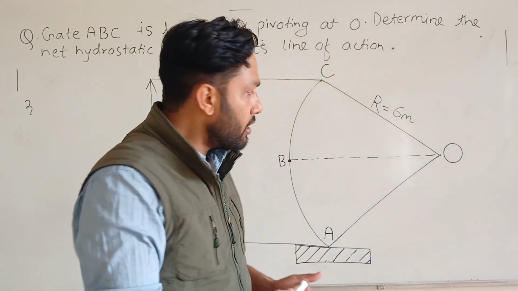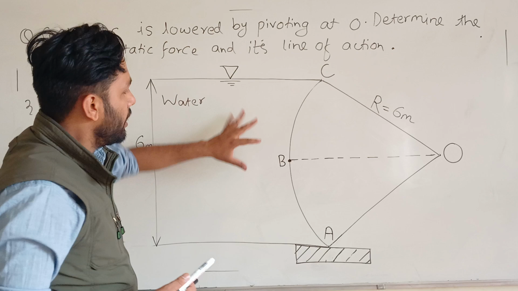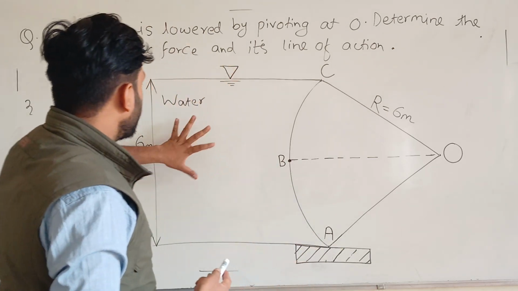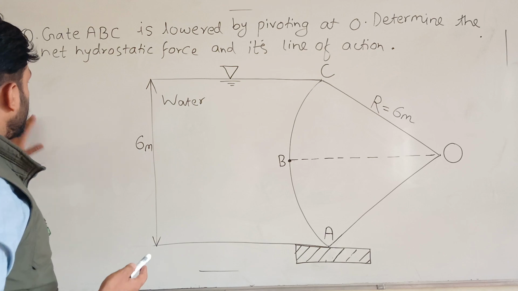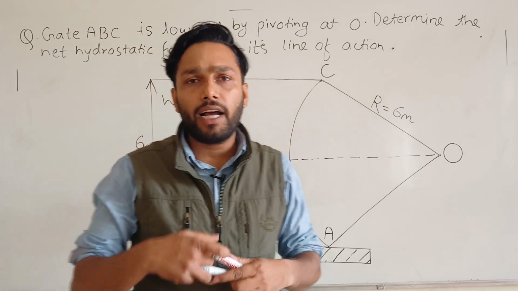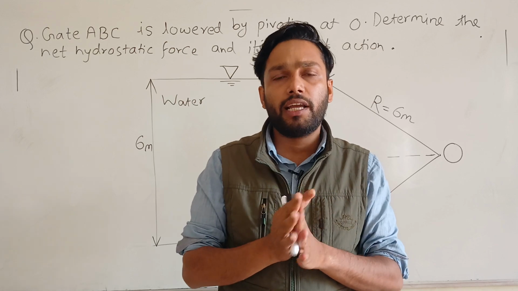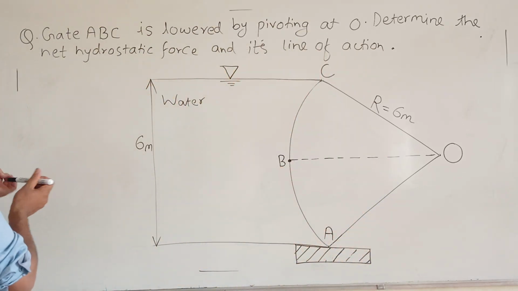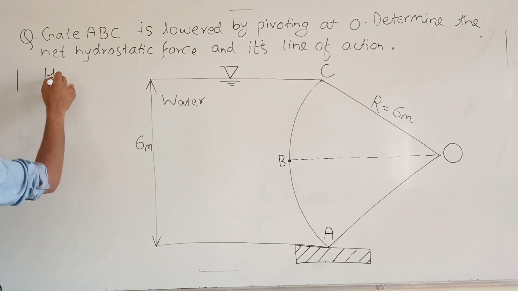It works like this, but the question is asking you to find out the net hydrostatic force and how it acts. So that's why I'm going to find out the force acting on this curved surface A, B, C. Okay, for that I need to find out the horizontal force and vertical force in this curved surface. So for that, let's find out the horizontal force first. So horizontal force,